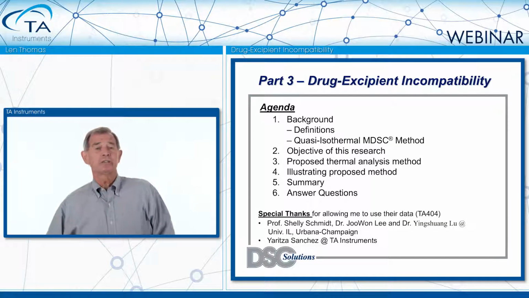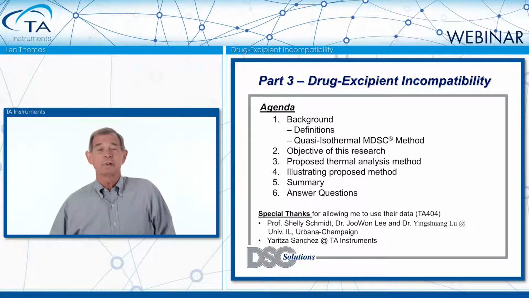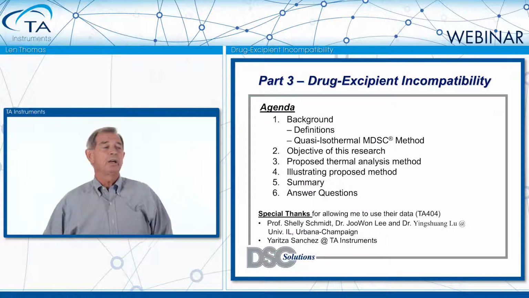The agenda for today is shown here. Since we have some relatively new terms and topics, I'm going to do a little bit of background. And that background is going to include a discussion on quasi-isothermal modulated DSC, a technique that's been around for probably 25 years, but it's not a common technique, so I'll just do a little refresher on that. Following that, we're going to talk about what was the objective, what we were trying to achieve with this work. I'm going to propose the thermal analysis method that we're going to use for this. I'm going to illustrate that method and then do a summary and then finally try to answer any questions that